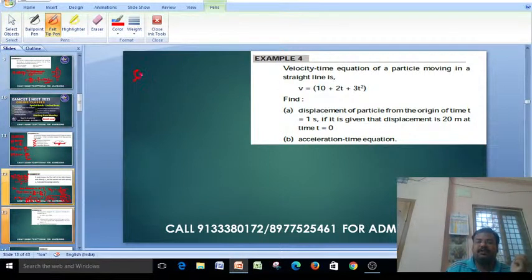So based on the given content, first what is given? V is equal to 10 plus 2t plus 3t square is given. You want to find the displacement of the particle. To find the displacement of the particle from this one,